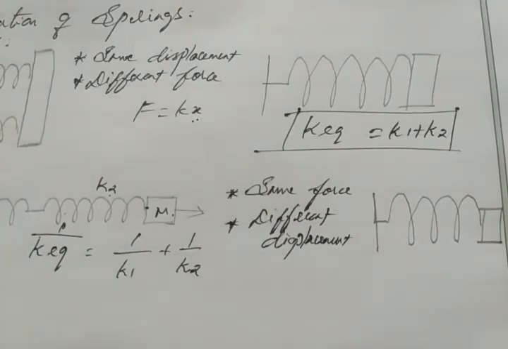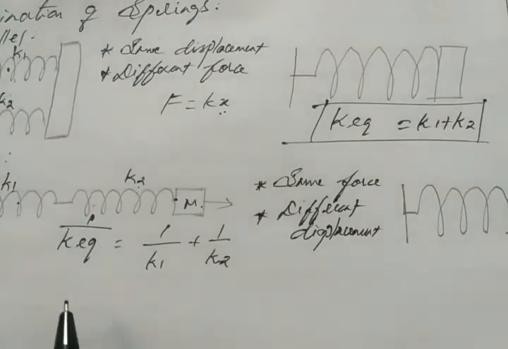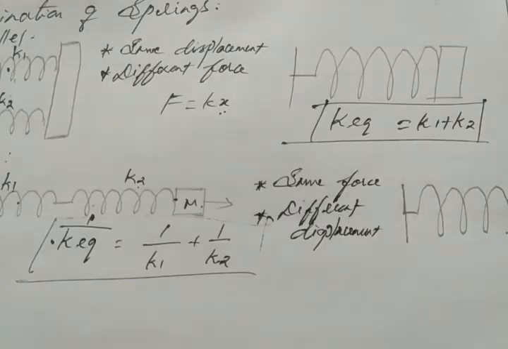Some of you may already know this formula, which we used to study in capacitors connected in series and parallel. For series combination we say 1 by Cs equal to 1 by C1 plus 1 by C2. For parallel combination, C1 plus C2 plus C3 up to Cn. So here for series combination we get the formula 1 by K equivalent equal to 1 by K1 plus 1 by K2. For parallel combination simply we have to add all the spring constant values, K1 plus K2 up to Kn. Clear?